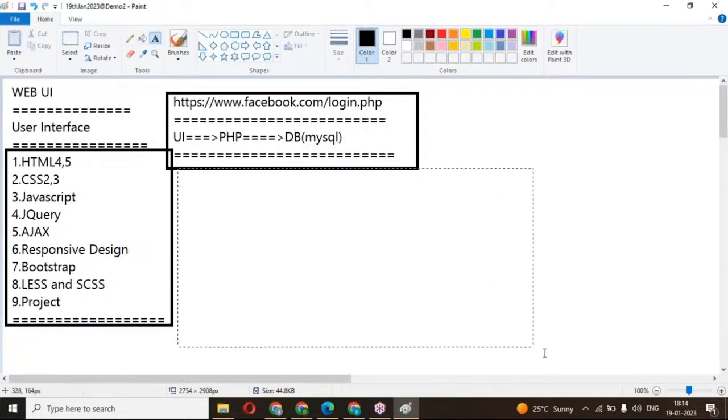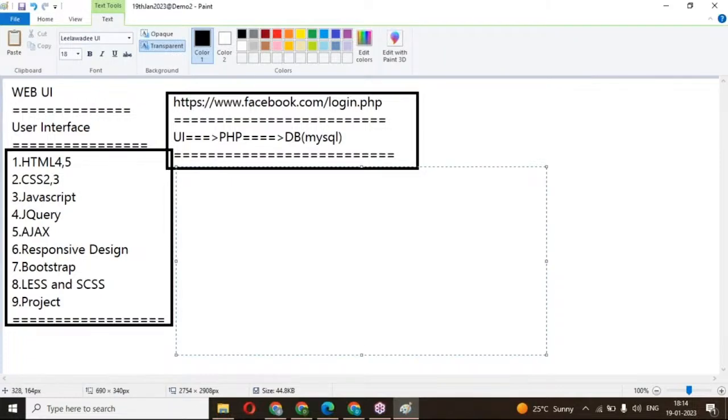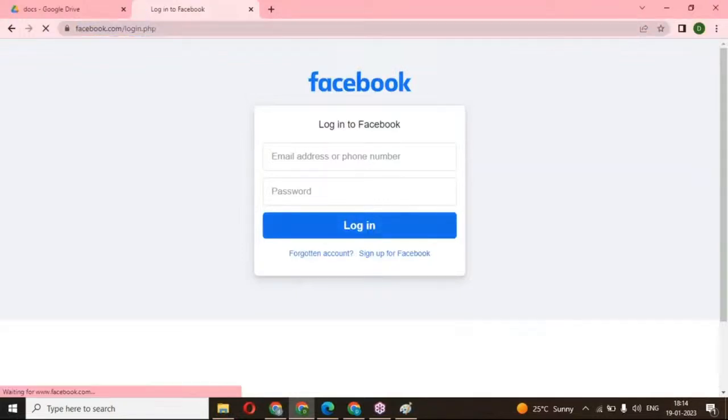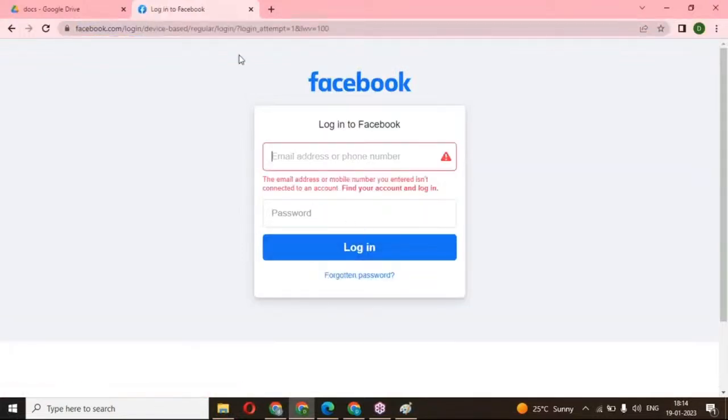So this time what happened here: after submitting, your data will be stored in the database, so it will access our details. See here, after entering your username and password, if you click the submit button, your data will reach the PHP page. That PHP page will connect to the database. Because of that, if I am an existing user, I'll get the next page, the inbox page